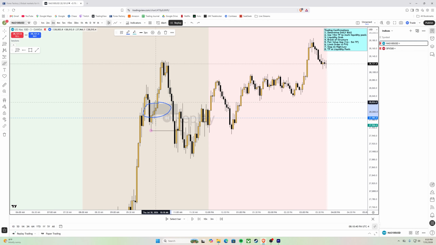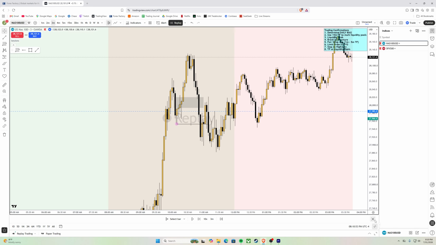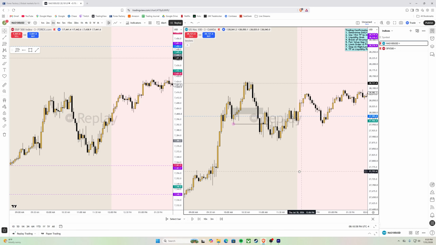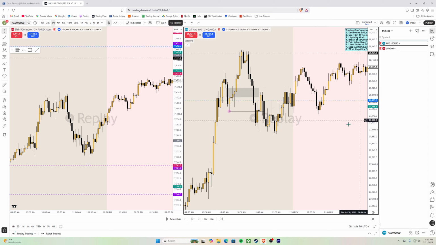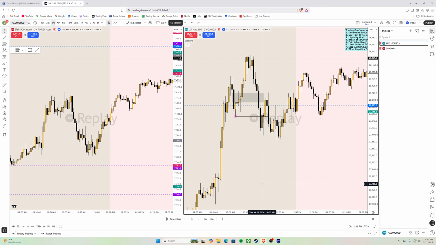Same idea here. Previously, I was waiting for any sort of liquidity grab, and then I would enter on a fair value gap when there's no structure break. And as you can see, this would have resulted in another unnecessary loss, right? So the rules that I have with the strategy are put there to ensure that you succeed, to avoid unnecessary losses, to avoid taking lower probability setups. At the end of the day, you want to be very selective because you want to trade when price is giving you exactly what you're looking for, and that is what's going to allow you to succeed in this market and only take the most optimal setups that present themselves.